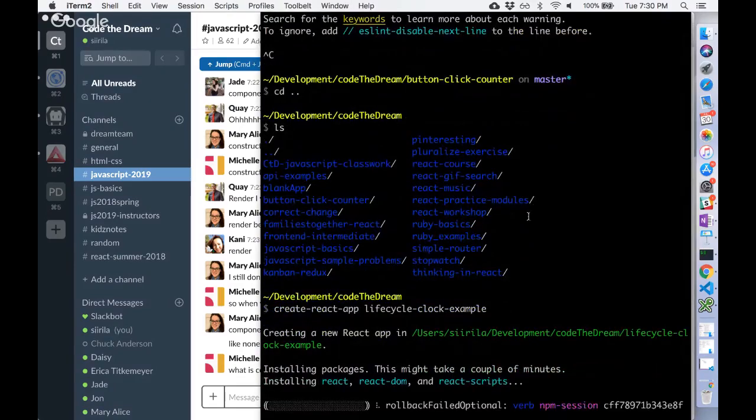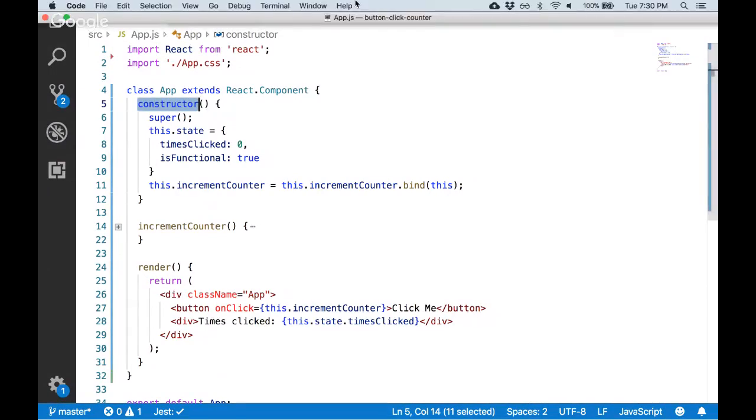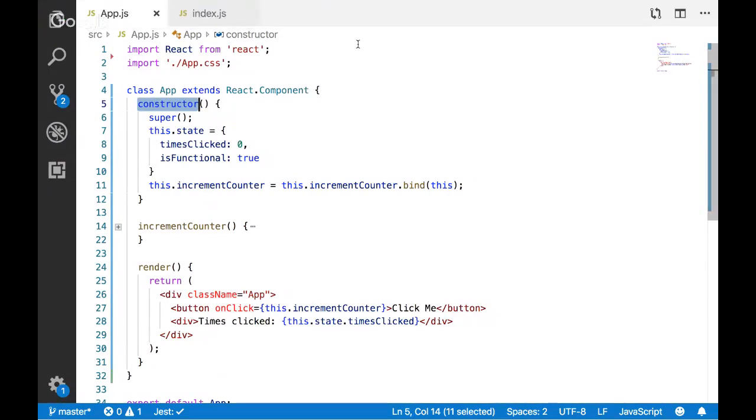That way I can go back to the other one that I made with the button click counter, because I think I'm going to make that a little more complicated.